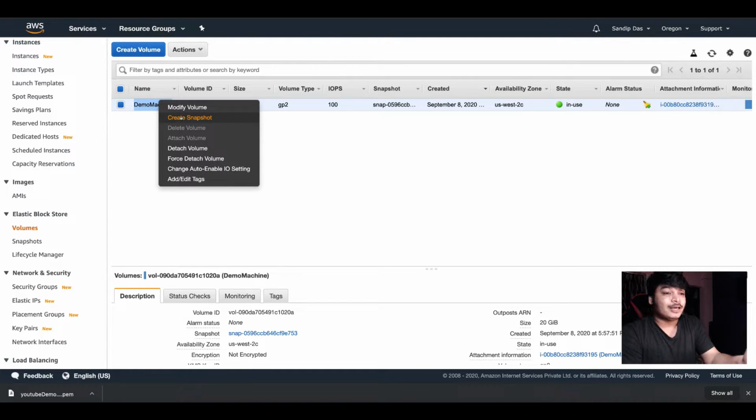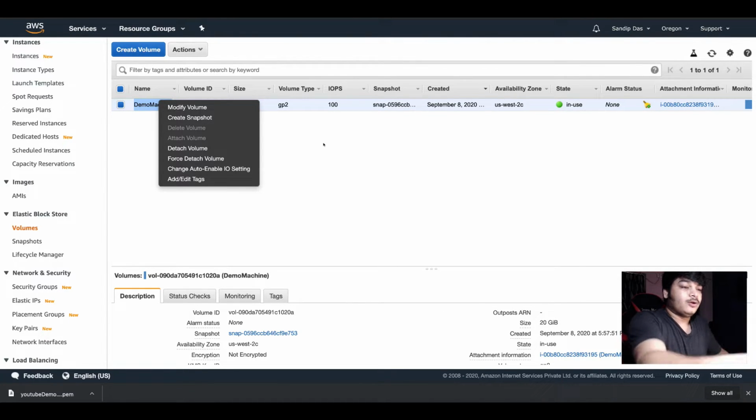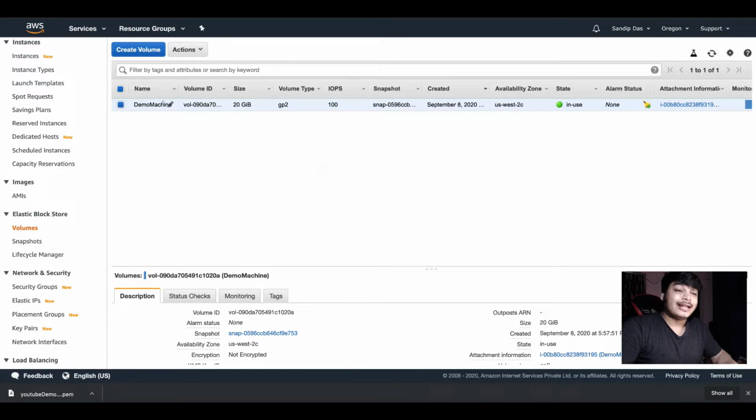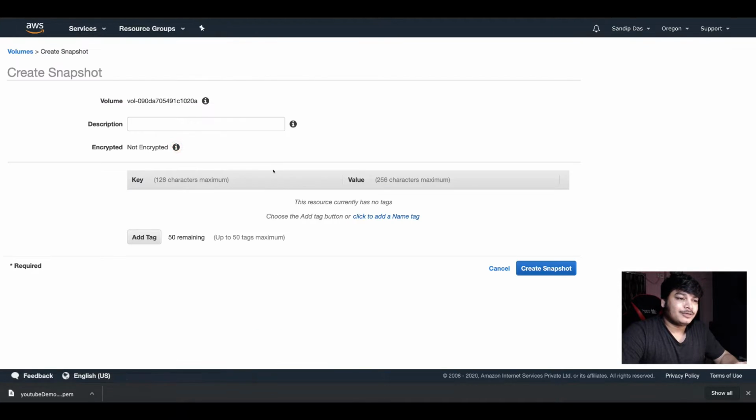At that point in time, whatever the machine's ephemeral storage has will be removed, but the permanent storage, whatever data you have there, will get saved in that state. Ultimately they store that in S3 only, but you don't get all the details. So you can always go and create a snapshot.